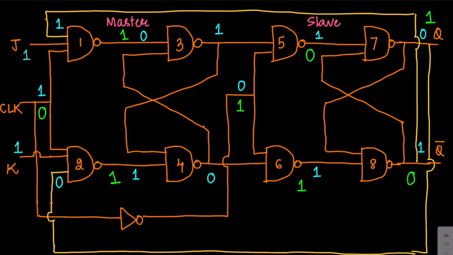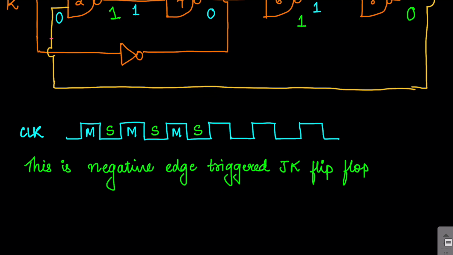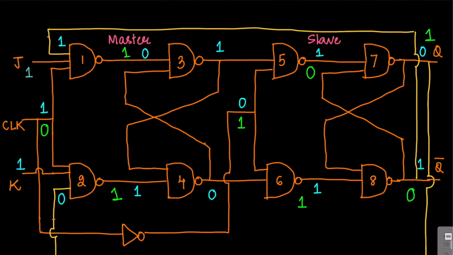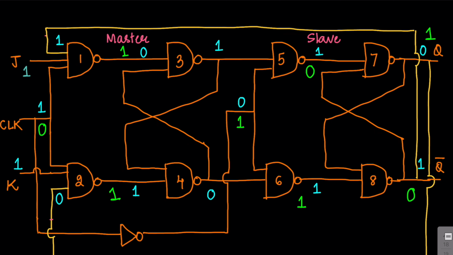The interesting fact in this case is that the original circuit responded whenever the slave got activated. And in this case, the slave got activated whenever the clock transitioned from high to low. High to low, so this is the negative edge. And hence, this circuit that you have just learned is actually a negative edge triggered JK flip-flop. So this is the edge triggering flip-flop, and this circuit is responding at the edge of the clock and not at the level of the clock, and that is the reason why it removes the race around condition.